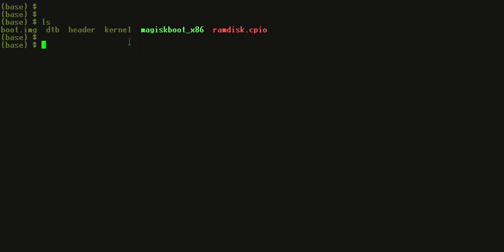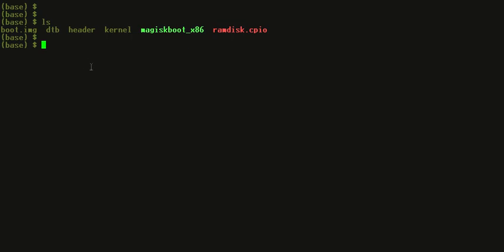Now, this screencast is in continuation of the previous screencast where we extracted the boot.img and obtained DTB, kernel, RAM disk, and of course header related information also. In the last screencast, I told you about header related information and also how to obtain other metadata regarding kernel load address, kernel size, RAM disk size, etc. Today we are especially looking into this DTB.